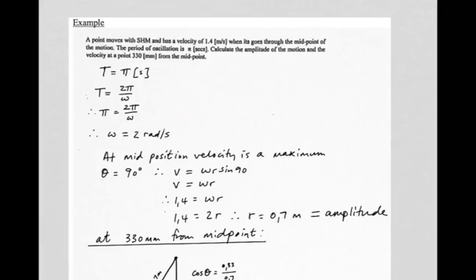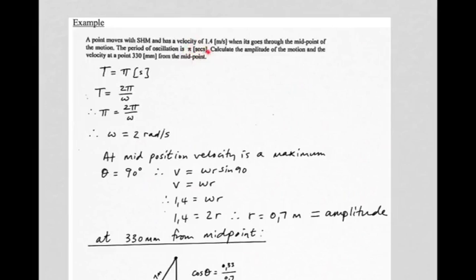Here's another one. It says a point moves with SHM and has a velocity of 1.4 meters per second when it goes through the midpoint of the motion. Now remember, that's significant because at the midpoint it would be traveling at its fastest, so that is maximum velocity, 1.4. Note that down. The period of oscillation is pi seconds, so that's 3.14159 seconds is how long it takes